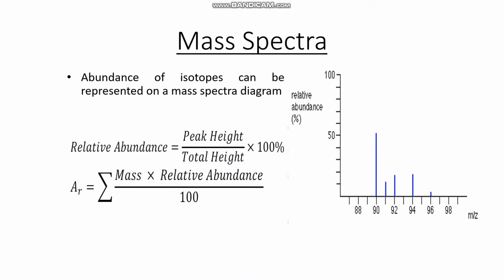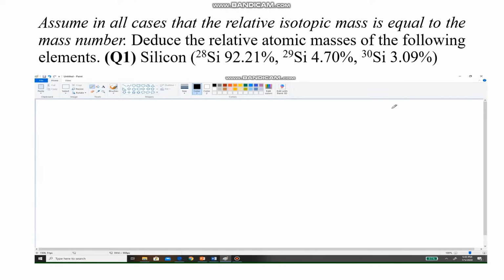And in later slides, I will show you how to use these formulae to tackle some problems. And hopefully it may increase your score in the examinations as well. And in a mass spectra diagram, on the x-axis we show the mass, and on the y-axis we show the relative abundance. So let's start solving some questions that are typical to relative mass and mass spectra. So please pause the video and read this question 1 by yourself.